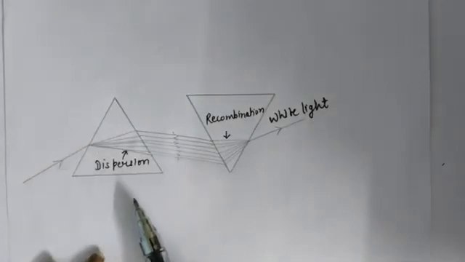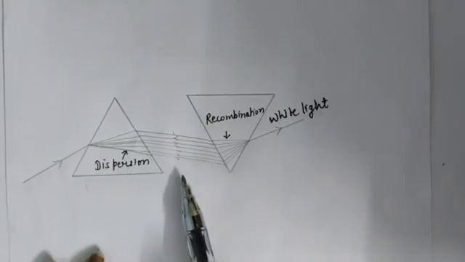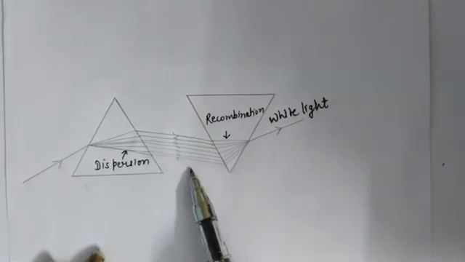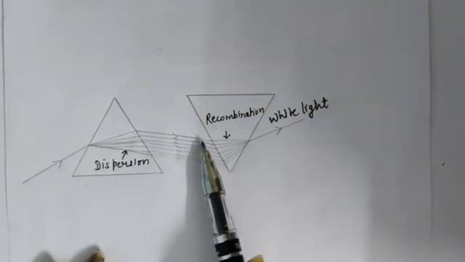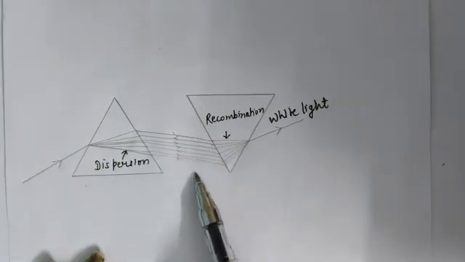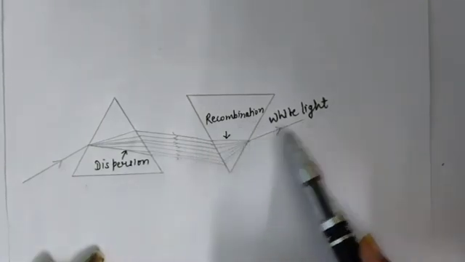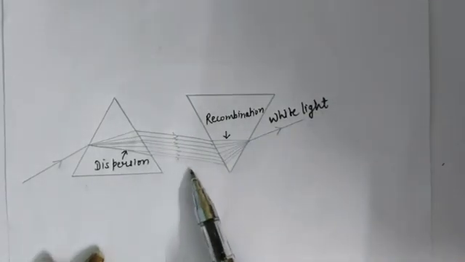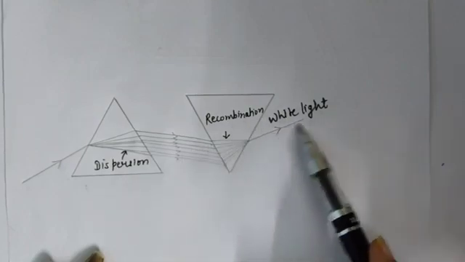We have just seen that white light is dispersed into 7 colors, right? But it is possible to recombine these 7 colors. Means the 7 colored lights of the spectrum, VIBGYOR, can be recombined, and when these colors recombine, then it gives white light again. But now the question is, how can we get white light again?